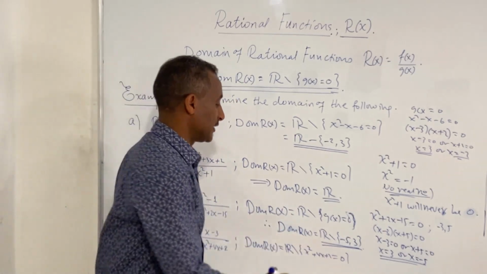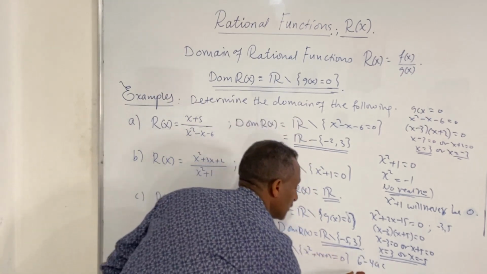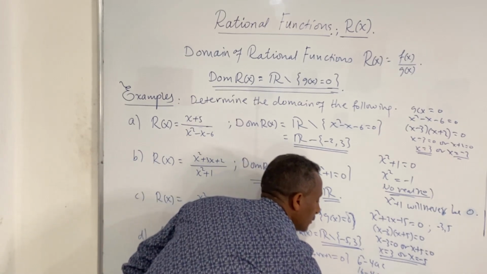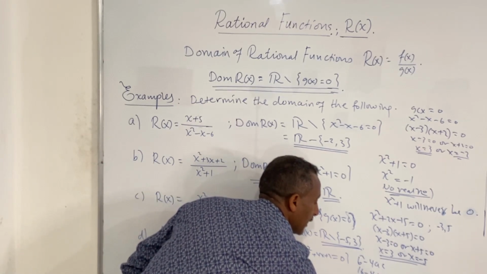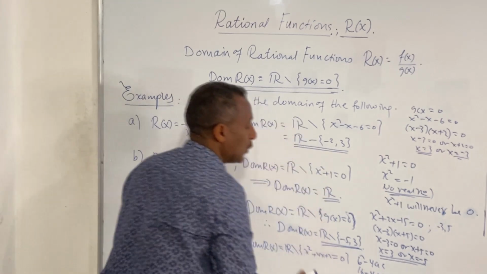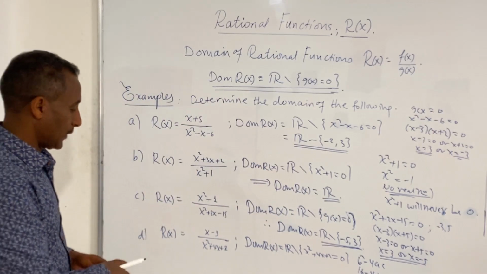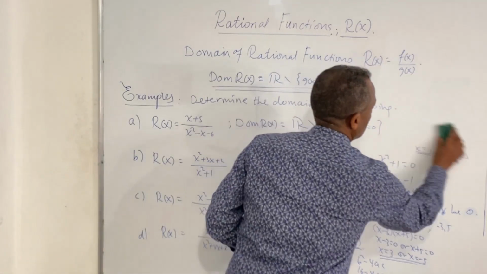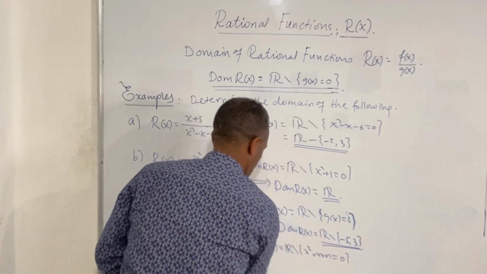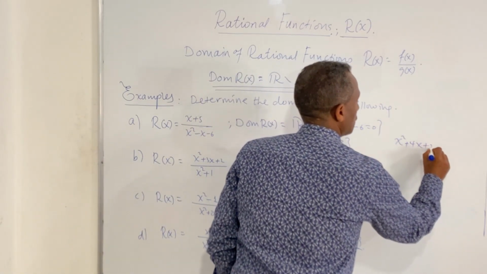b square minus 4ac ብትሄዱ b square minus 4ac ቼክ ብታደርጉ b square ማለት 16 ነው። 16 minus 4 times a is 1 times c is 2 16 minus 8 which is equal to what? 8 ስለዚህ greater than 0 ነው ማለት ነው። ሁለት ልጆች አሉ። እነማን ናቸው? ኦኬ እነዚህ እንፈልጋቸዋለን ማለት ነው።